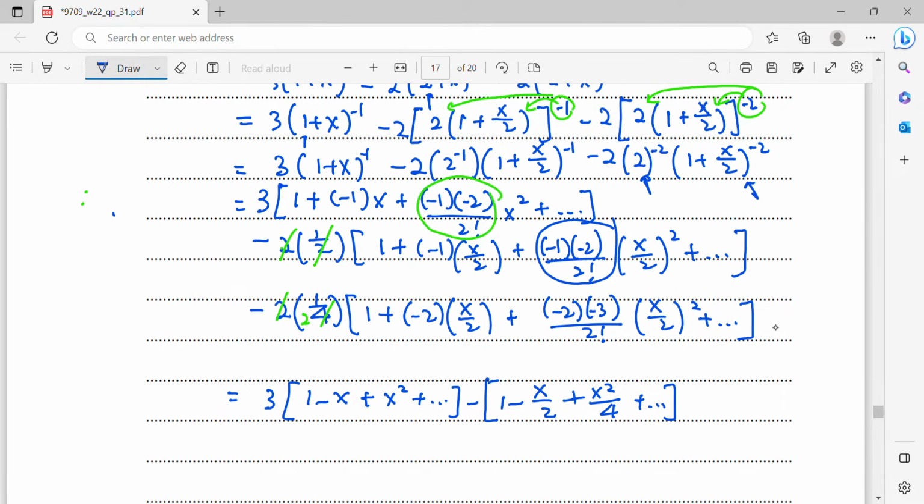Then minus 1 over 2. Here is 1 minus x. All these terms become plus 3 over 4 x squared. So now do expansion. 3 minus 3x plus 3x squared. Then